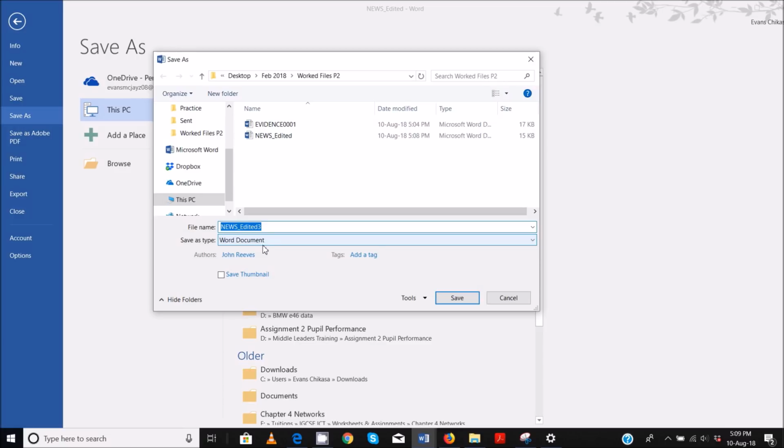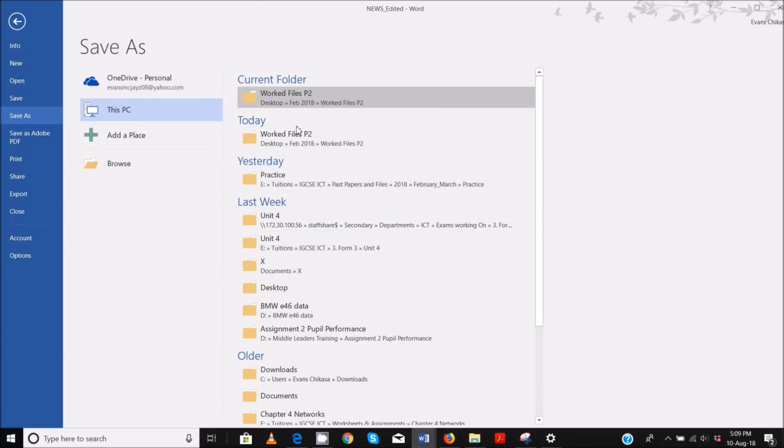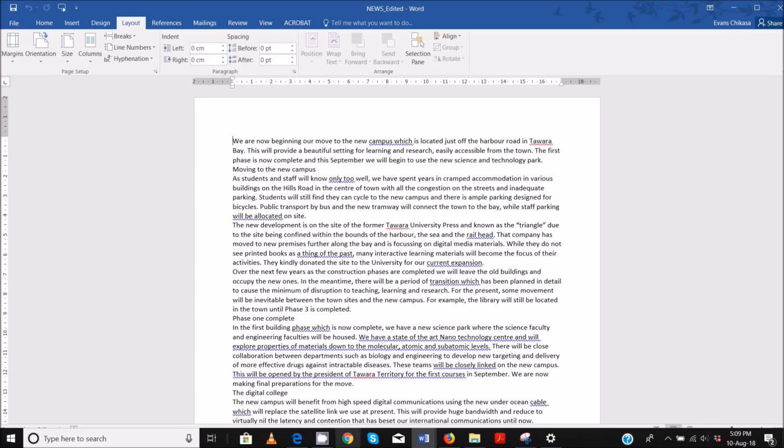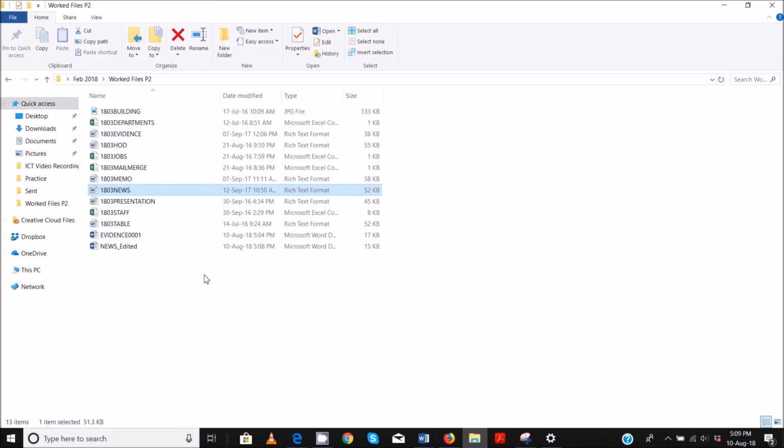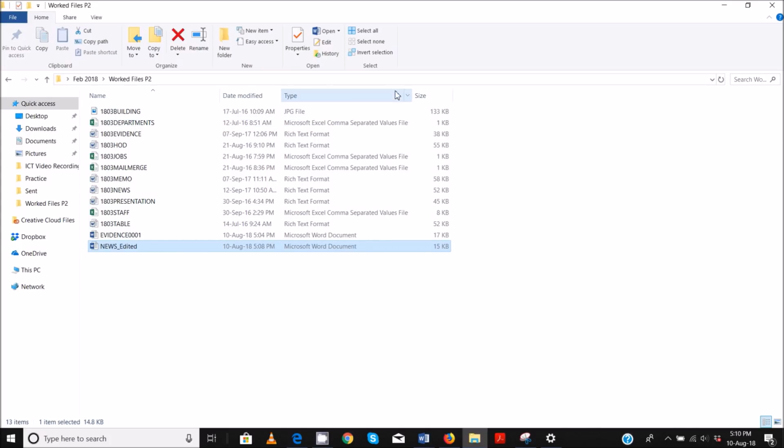Okay, so guys, I cannot overemphasize this. It's very important that you actually go to the folder where you save the file, and get a screenshot of that folder. Okay, so I'll cancel this and go back to my folder. This is my folder, and this is where the file is, and this is the file in question that I've just saved. So make sure that the type is fully visible. So enlarge the column here so that the type, Microsoft Word, is fully visible,